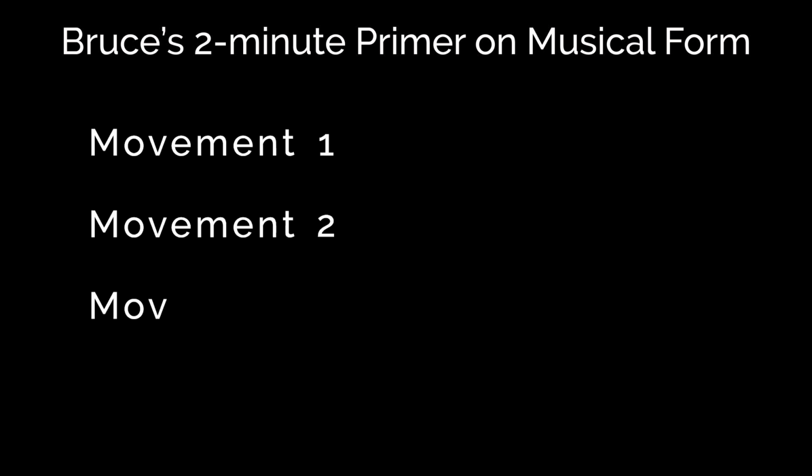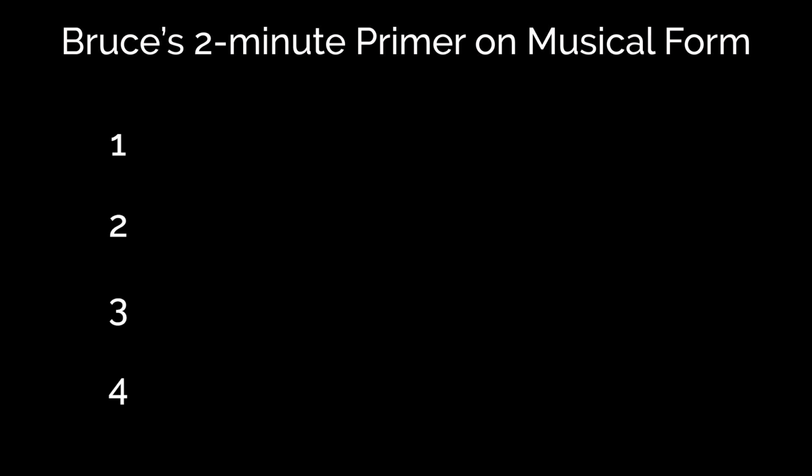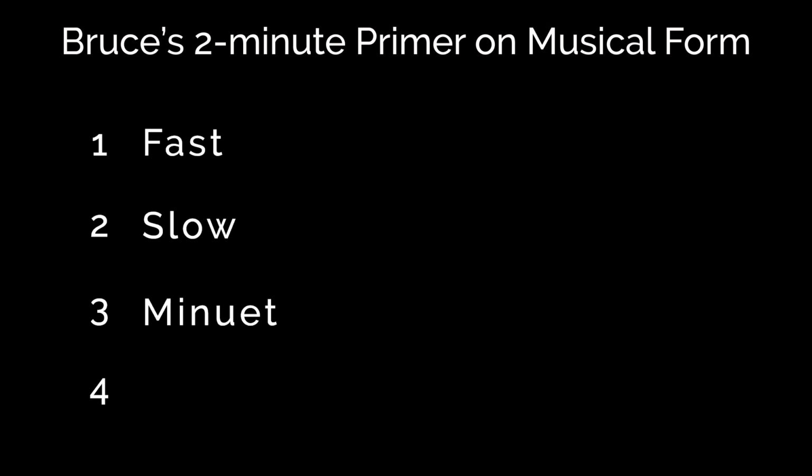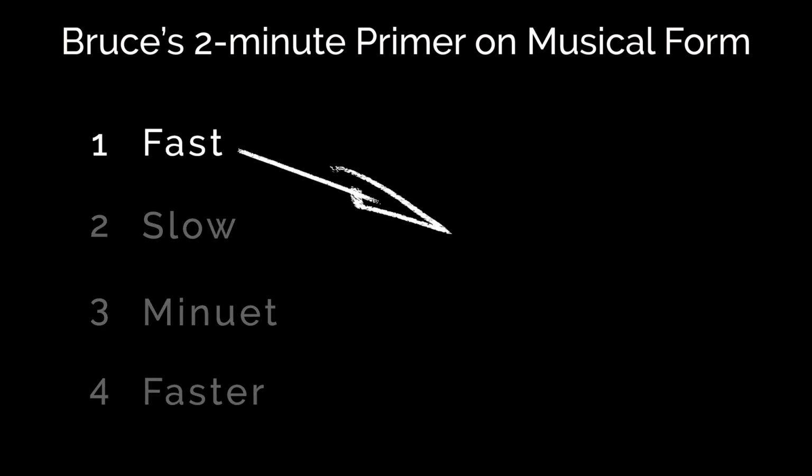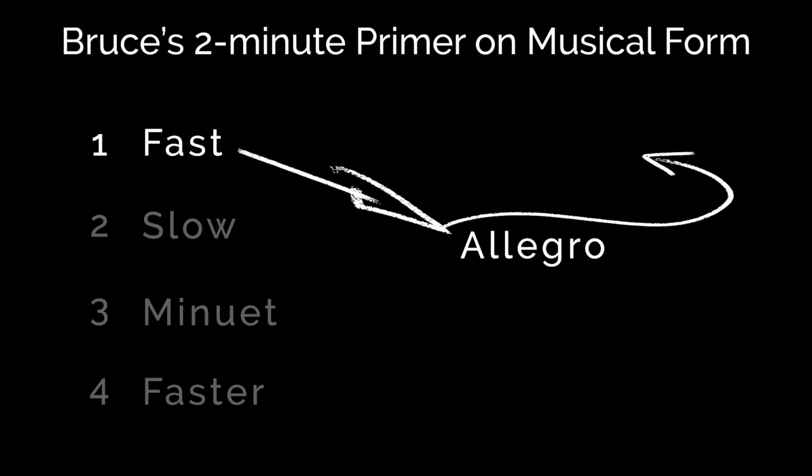But the general rules are as follows. Symphonies have 4 movements. They are generally arranged as a fast one, a slow one, a minuet, and then an even faster one. A closer look at each movement here shows us that the first movement is fast, or in Italian we usually say allegro, but usually it has a slower, sometimes rhythmically and or harmonically vague introduction before launching into the main theme, which is that fast part, and it's usually quite memorable or catchy.